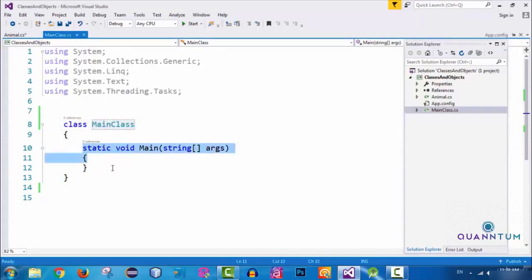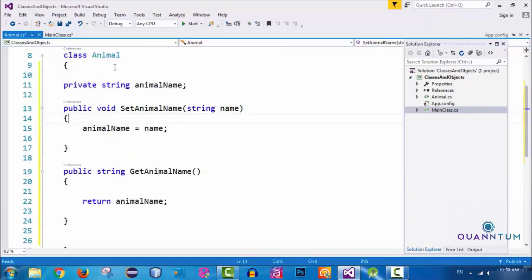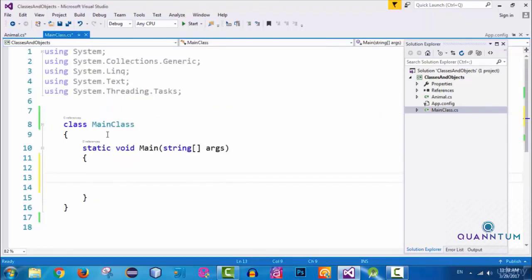Inside the main class, we have the main method. I told you that this is the starting point of our application. This is the entry point. If we do not have this method, if we eliminate this method, we cannot run our application. So inside the curly braces, or inside the scope of this method, I can say I'm going to use my animal class, right? You can see that we have an animal class, right? Inside this method, how can we create an object of type